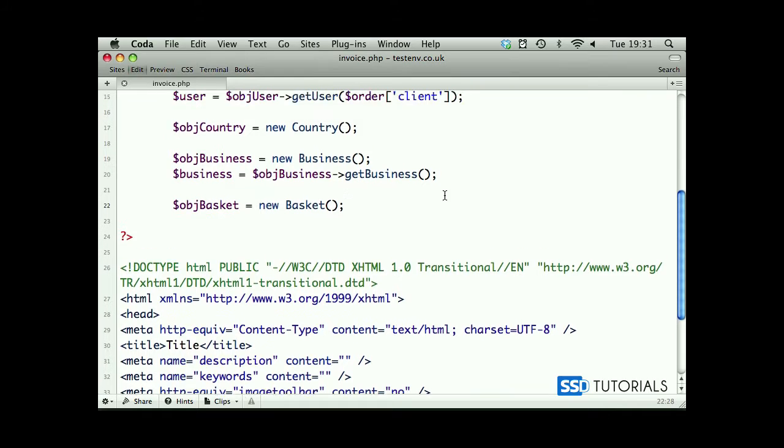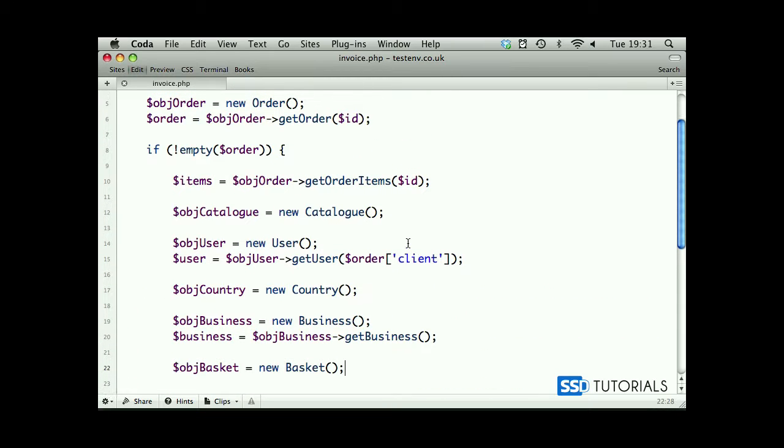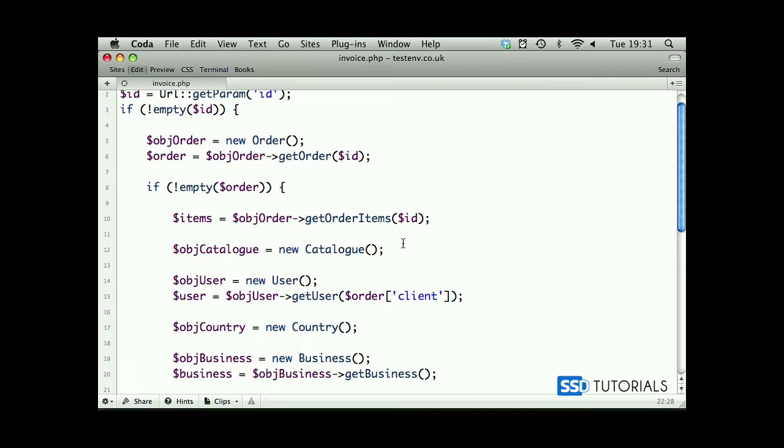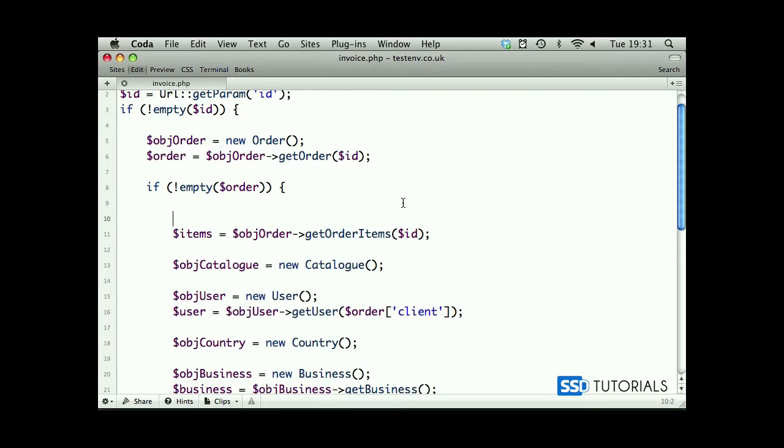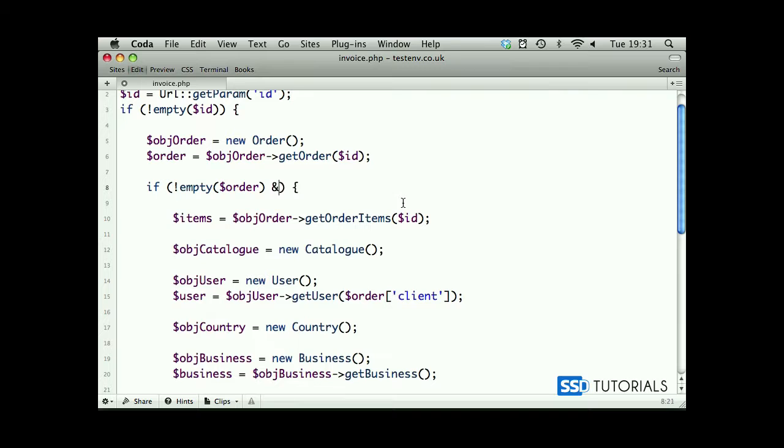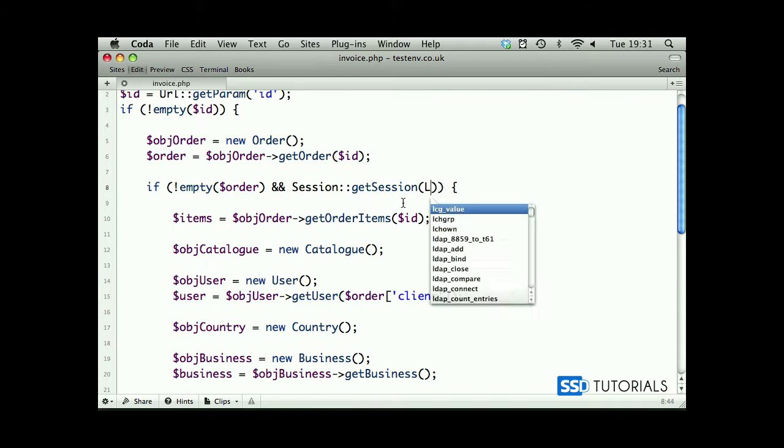Now one pretty important thing is, if we leave it like this, then everyone who provides the ID of any order will be able to preview the invoice for the order of anyone. So we need to restrict access to these invoices only to the person who's logged in, and we can check it by comparing the session ID of the logged in user to the client ID of the order. So if isn't empty order, and actually we can do it something like this, and session get session, and we need to provide login